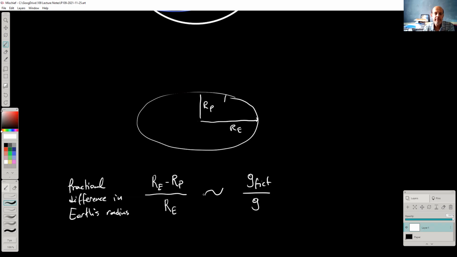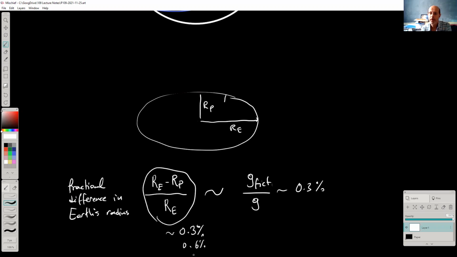Okay. I don't use any equations in here, I don't have any equation in mind. But what I know is that if the fictitious gravity is basically an effect of order of like 0.3%, then the change in the radius of the Earth should be an effect of the same order of magnitude, right? But it's not an exact thing. So as a result, this figure might be like twice that. That's also a possibility, or 3 times that, like a 1% change, or half of that. I cannot say anything about this, but this is some kind of an idea